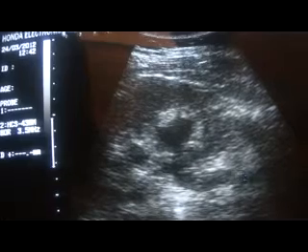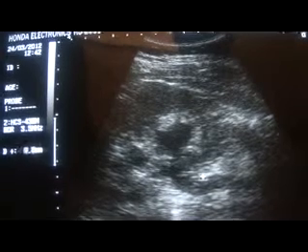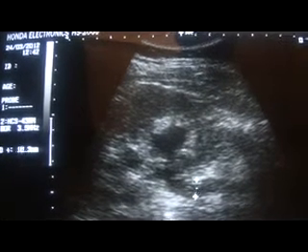One other thing is that in this view, you will see the dilation of all the calyces. The parenchyma is normal, because here you see the cortex, the pyramids, so corticomedullary distinction is intact. So this is the case of left obstructive uropathy,